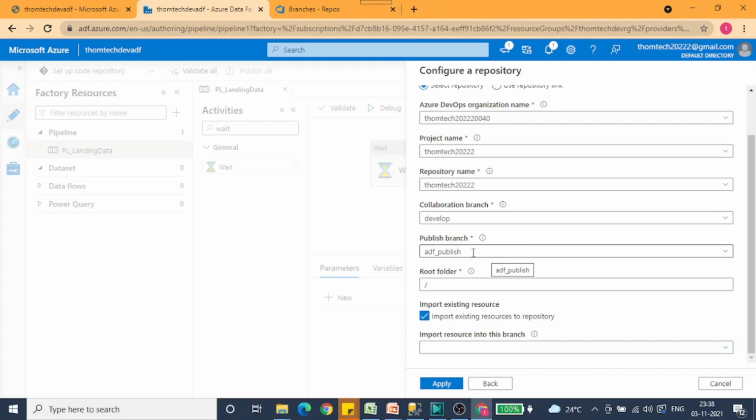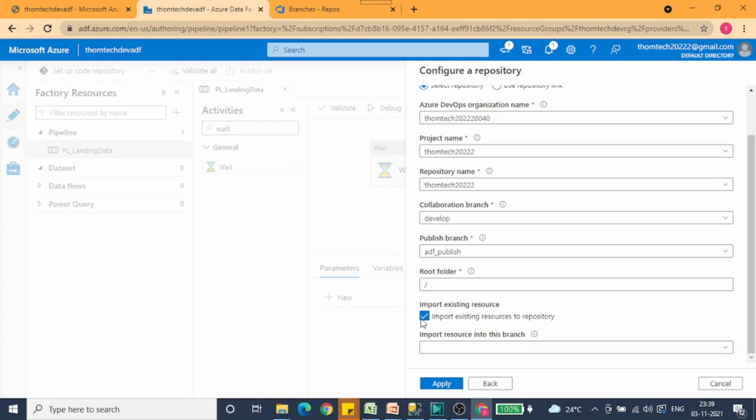Okay, now root, we are not going to do anything. Root will remain like this. And then this is a very important part. So now let's suppose, before this configuration, I was showing you something like creating a pipeline and adding a wait activity, right? And after that I just pushed that into the data factory by publishing it. So now there is a piece of code in my data factory.